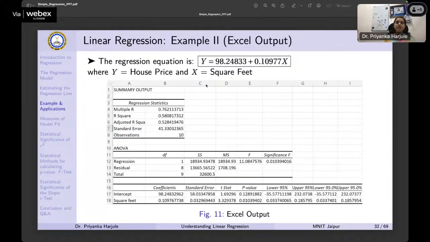So as of now, we will see that your intercept, the coefficients are given at the bottom of the table, as the intercept is given as 98.248. You can decide with how many significant figures you want to move to, and square feet, that is the slope, is given to be 0.10976. So this is the perfect best fitting line equation, and this is the Excel output. So the key takeaways